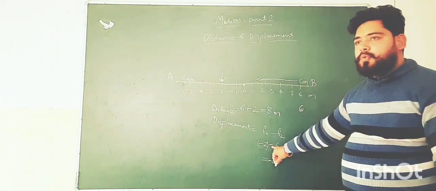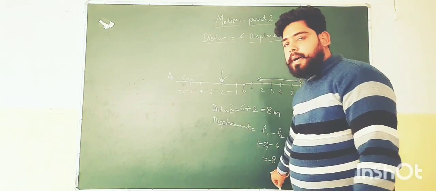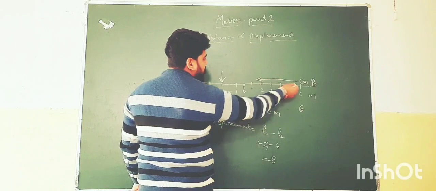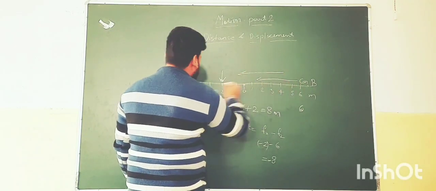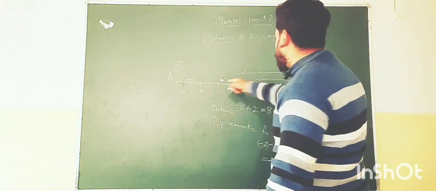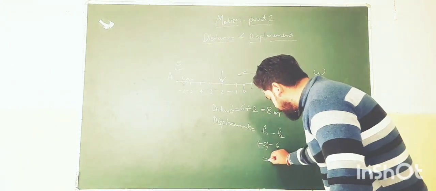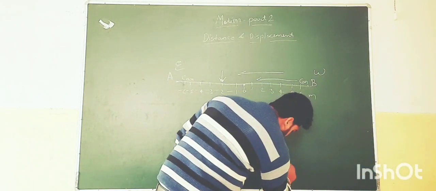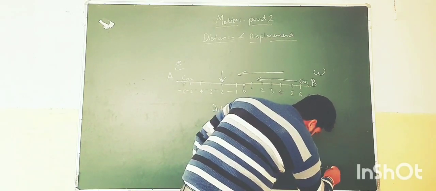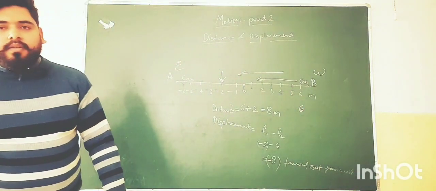You know, here I have put it minus, that is the bigger digit, it will carry it with that one. Then here it will come minus 8 and the minus will show that the car is moving from this direction to this. Means if I say that this is east, this is west, then we will tell that car is moving toward east. So here we will say that minus 8 toward east, from west to east.